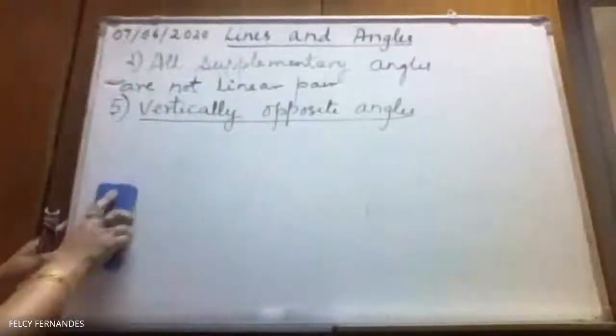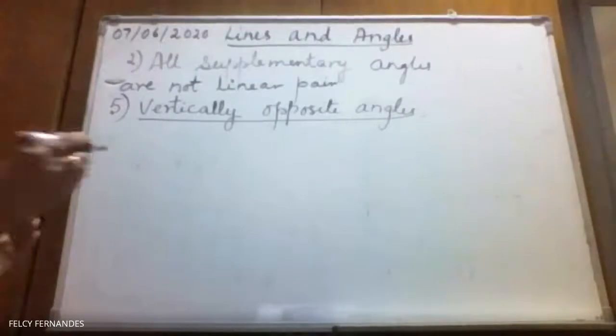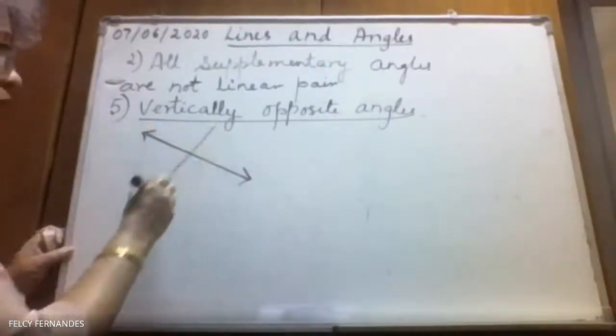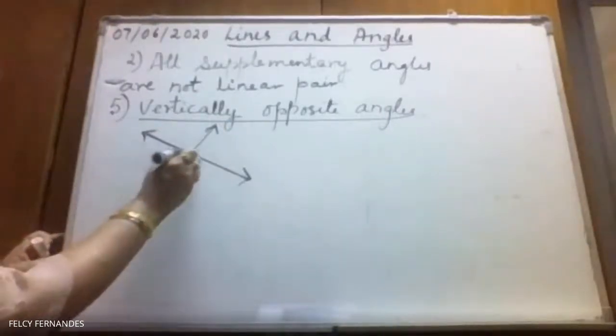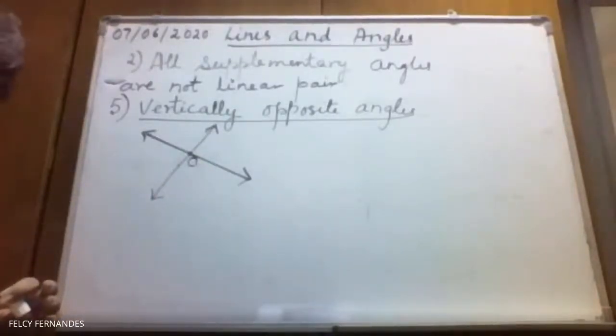Now, what do you mean by vertically opposite angles and when are they formed? Okay, so if you take any two lines or line segments or any two rays and they cross each other, like when I take two lines, don't draw, listen. I draw in this way like an X. They cross each other at one point here and that point is O. That is called the point of intersection, the meeting point.